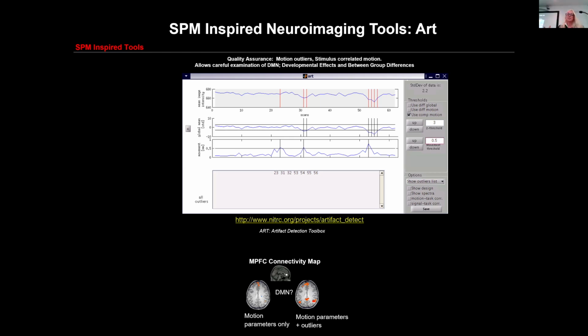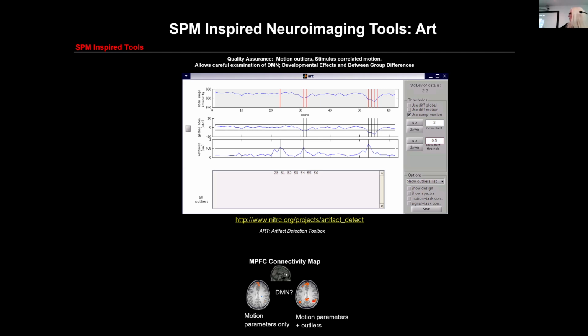So when we looked at analyses, both for fMRI task and for resting state, we found an actual dramatic difference when we just regress out motion versus motion plus these artifactual time points. And I'm just giving you an example. This is actually an example I pulled out from a long time ago. It's a 10-year-old child. We wanted to see if there was a default mode network operating there. So we put a default mode seed, the medial frontal cortex, and we looked at the intrinsic correlations to that seed when we regressed out motion parameters and the derivatives, so on and so forth.